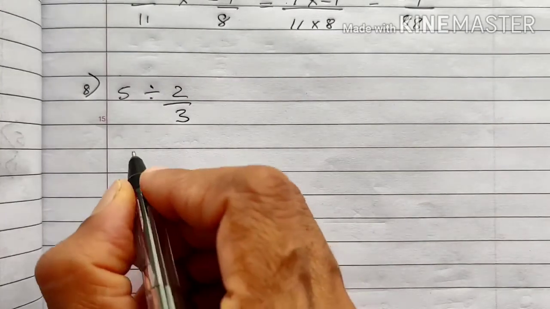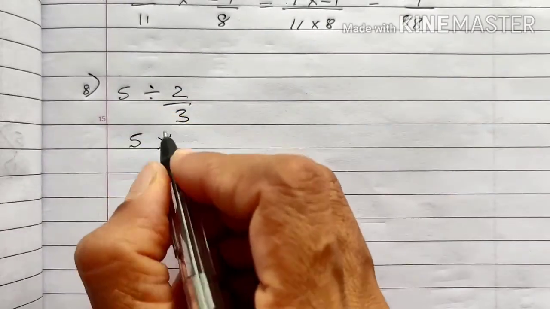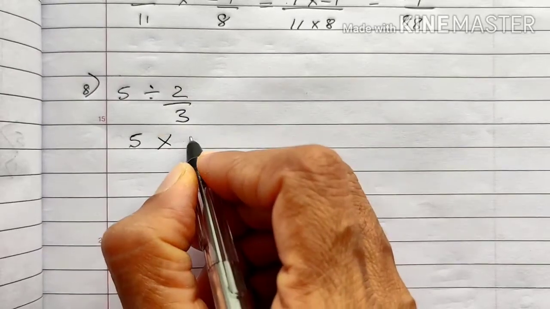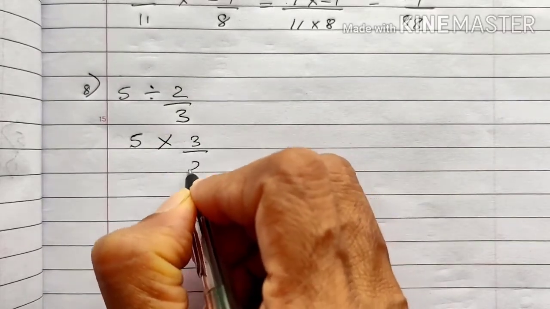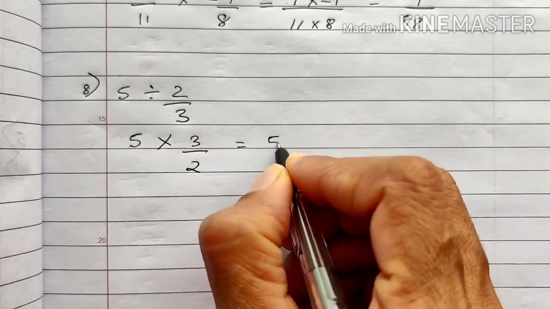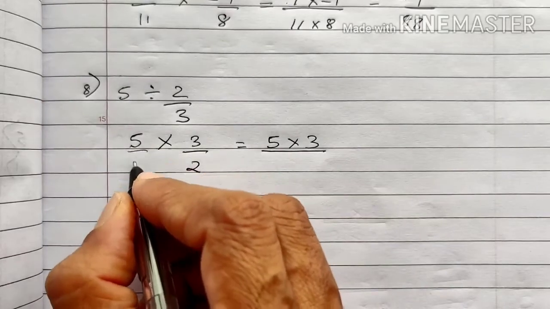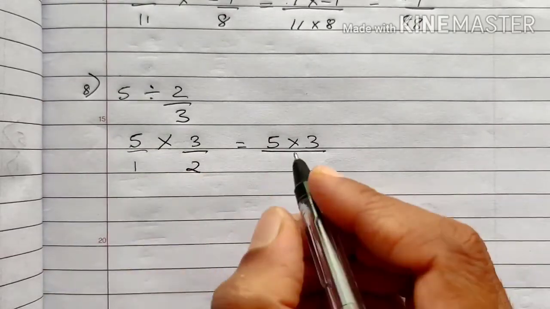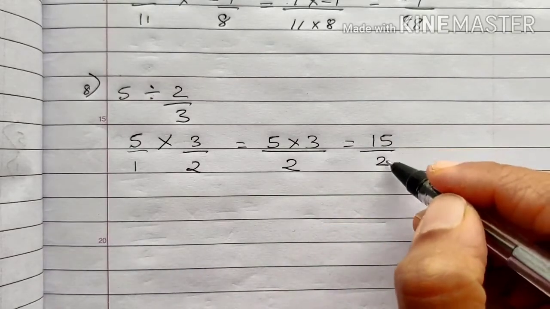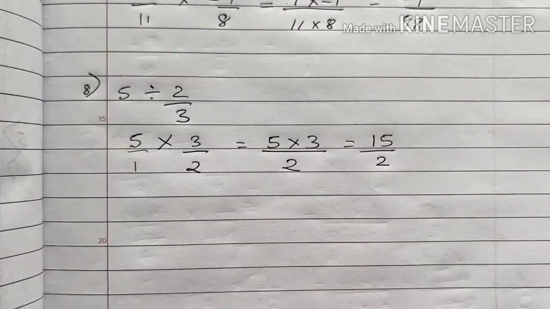Let's look at the next one. Write the first fraction as it is, division sign, convert it into multiplication, and take the inverse of the other fraction. So 2 upon 3 will give you 3 upon 2. There's no common factors, right? So you can directly write 5 into 3 upon 5 is nothing but 5 upon 1, right? So you get 2 ones are 2. That gives you 15 upon 2. There are no common factors that you can cancel. So your answer is 15 upon 2.